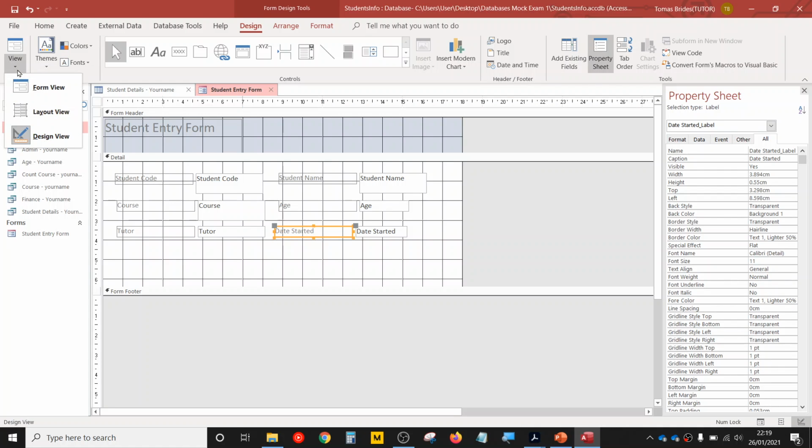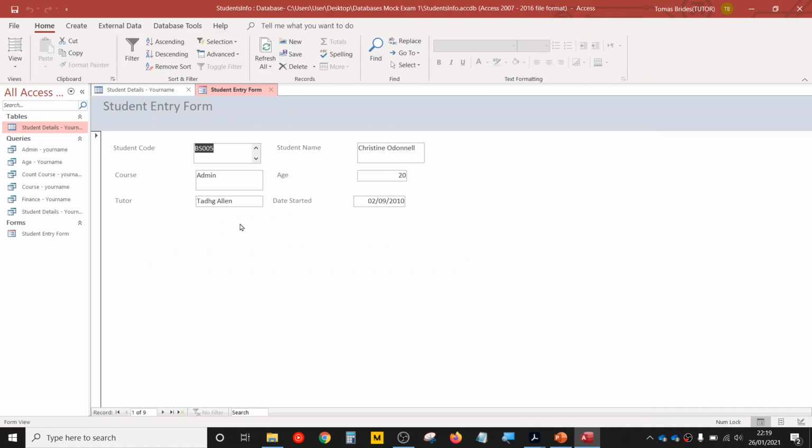Let's have a look at what that looks like on form view. And yep, that's what it looks like. Now if I hit the tab key on my keyboard, will it go to the correct field? Yeah, it goes from left to right. Now that's not in the correct order, so age, it should go back to course and then age. Then it should go back to tutor and then date started. So these are not in the correct order. We'll have to tab sort order them. So back to design view